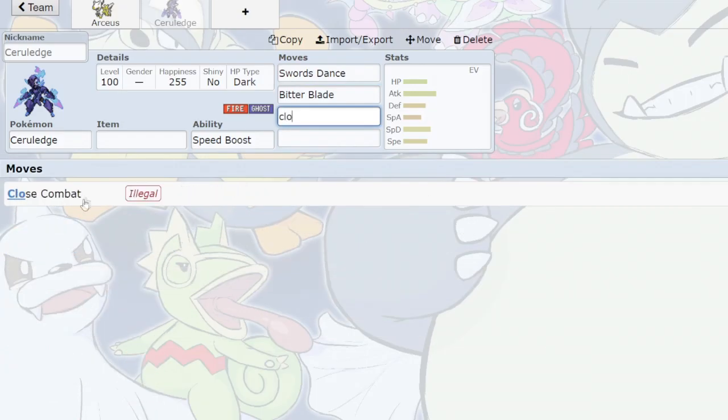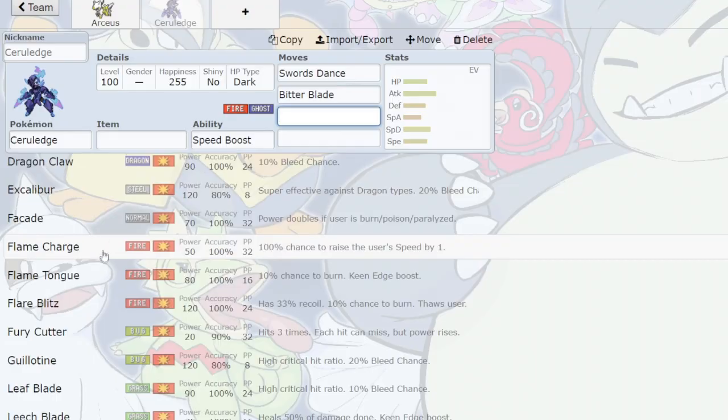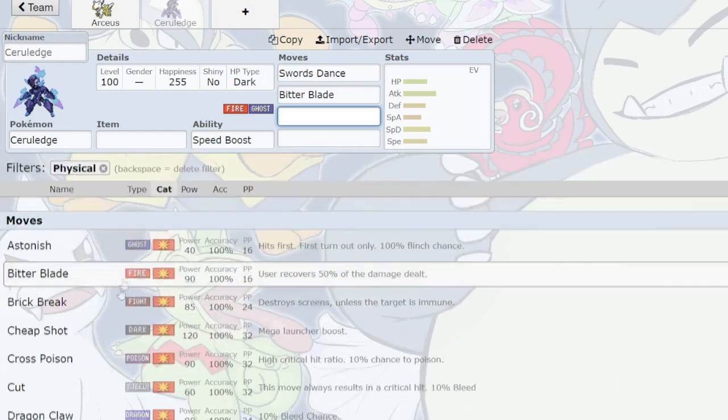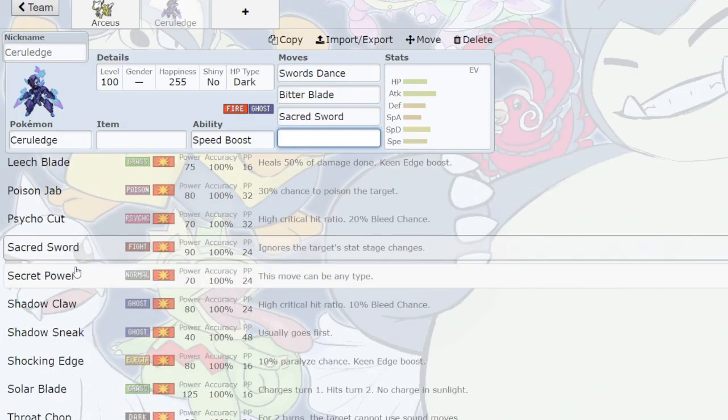Where the hell is CC? I guess they got rid of CC because it was too broken anyway. Let's see what other coverage it has. It has Sacred Sword. Again, not the worst option, but you don't really get a sharpness or keen edge boost anyway. And then you have access to...